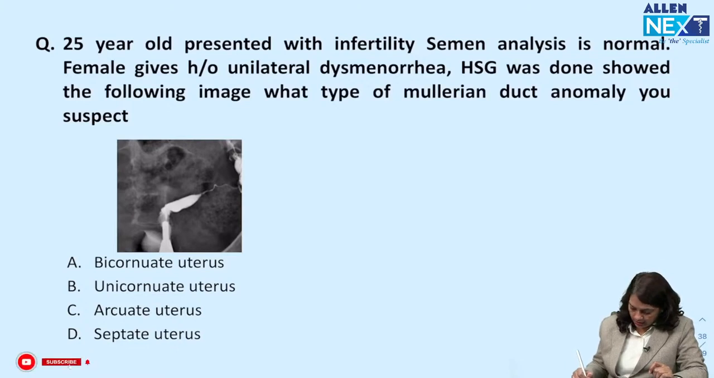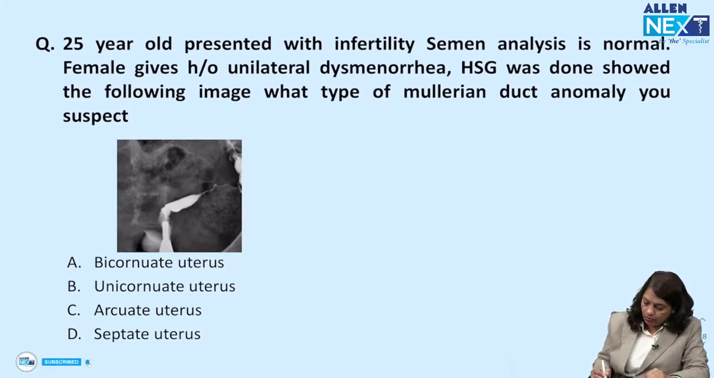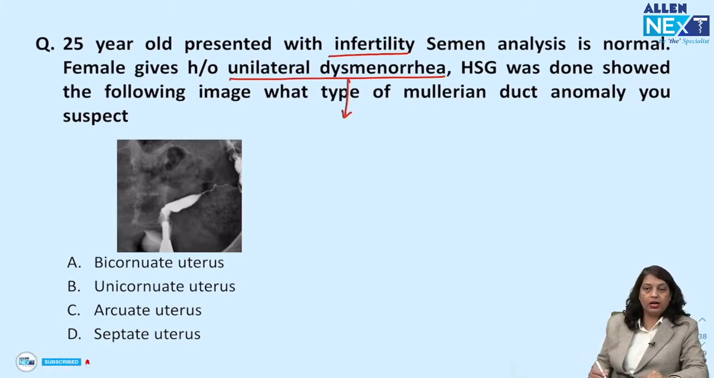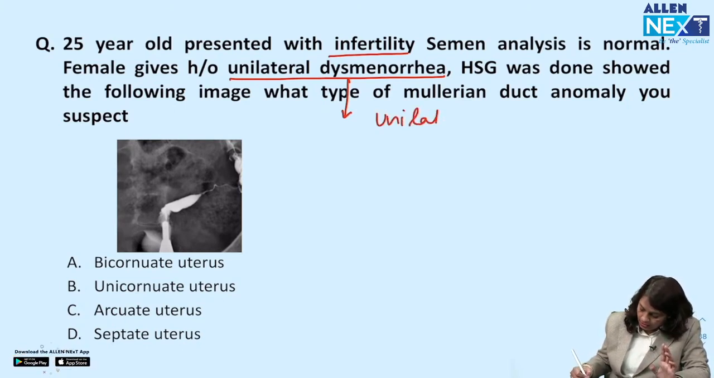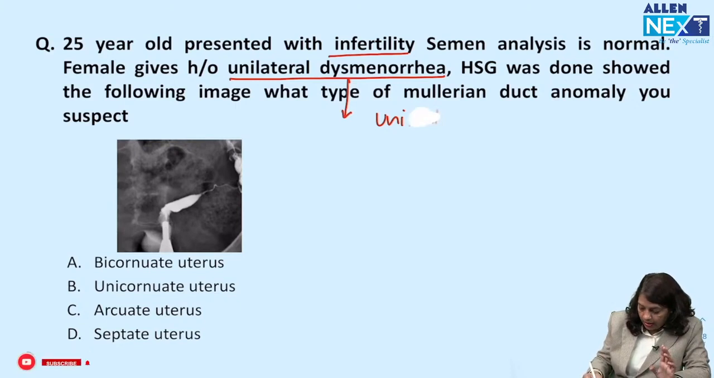Now another question I have taken up. 25-year-old female present with infertility. Semen analysis is normal. Female gives history of unilateral dysmenorrhea. Remember unilateral dysmenorrhea, I told you it is a simple feature of a unicornuate uterus. हमेशा unilateral एक साइड dysmenorrhea हो रहा है, ये हमेशा फीचर होता है